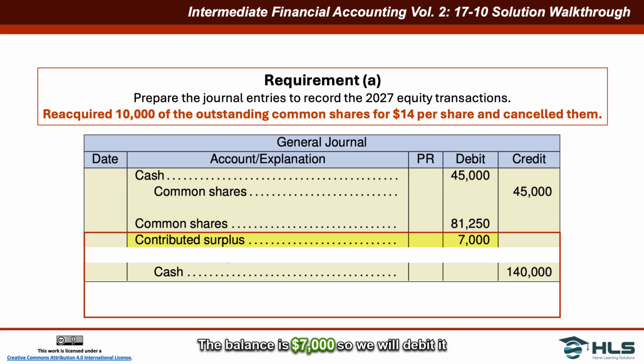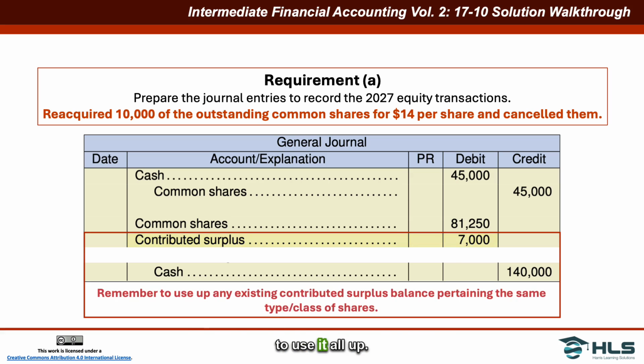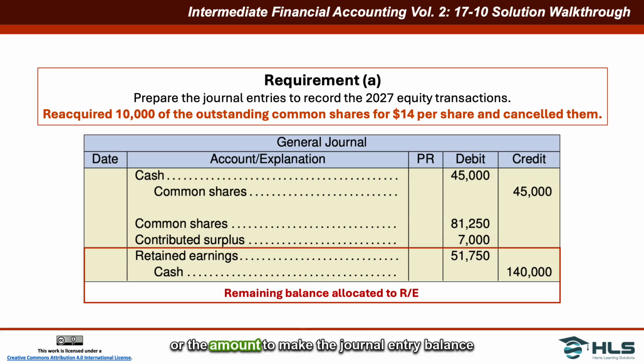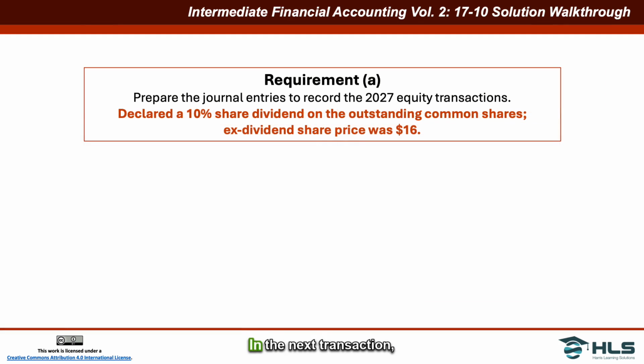The balance is $7,000, so we will debit it to use it all up. And then the remainder, or the amount to make the journal entry balance for debits to equal credits, is $51,750, and that's going to be debited to retained earnings. The difference has to go to retained earnings because the company cannot record any gains or losses on transactions relating to its own shares. In the next transaction, the company declared a 10% share dividend on the outstanding common shares,